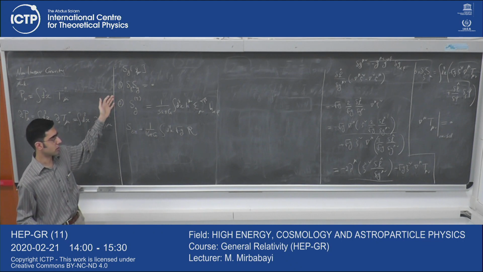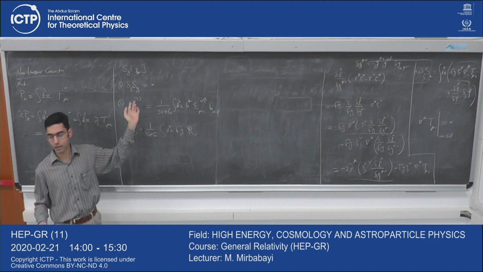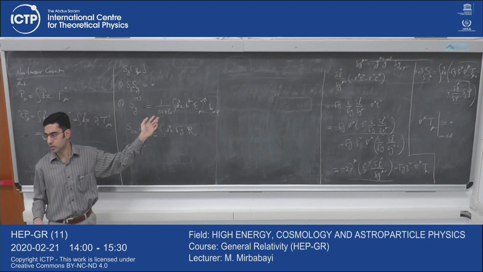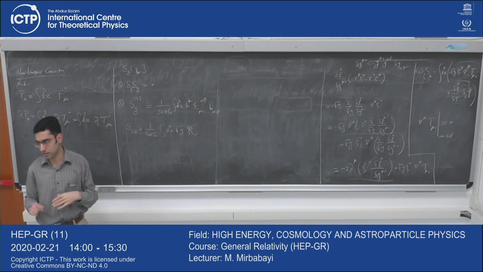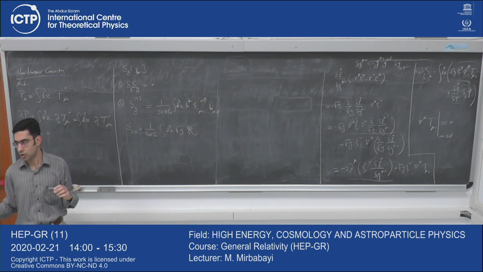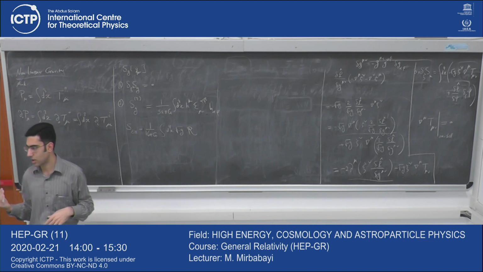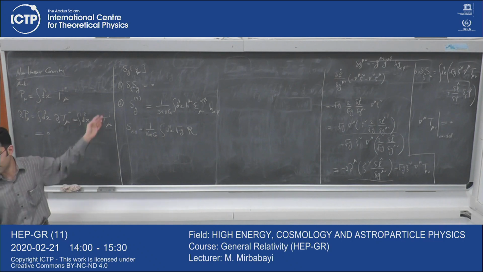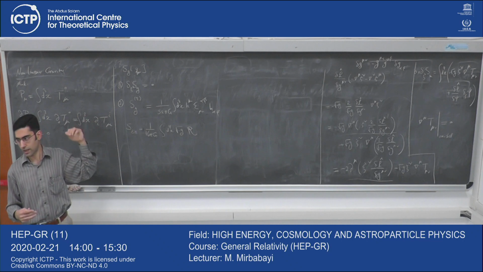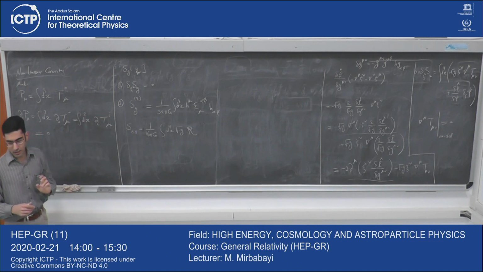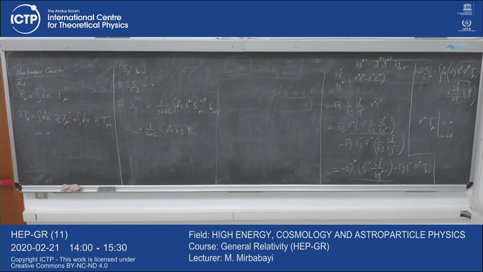Either they start at quadratic order in h mu nu, then there will be higher derivative corrections, so at long distances they are unimportant. Or they might even start at higher order in h mu nu, so they don't even appear at this second order. So yes, the answer is that you can add them, but following the general rules of constructing effective field theories,